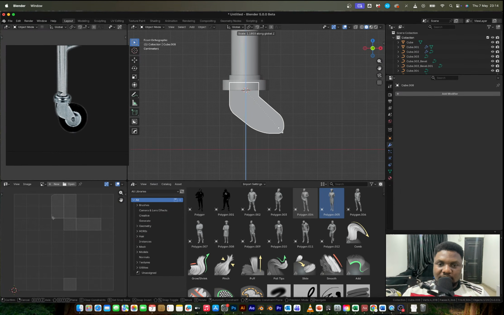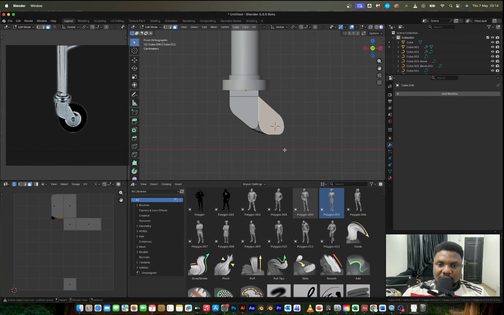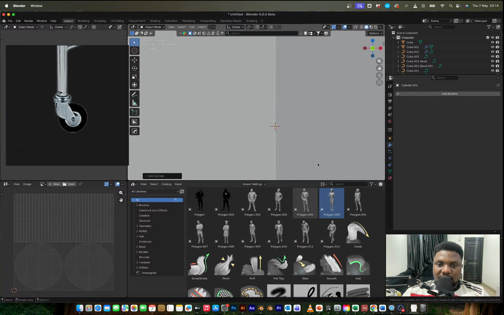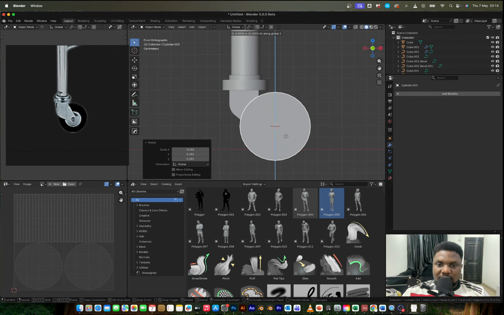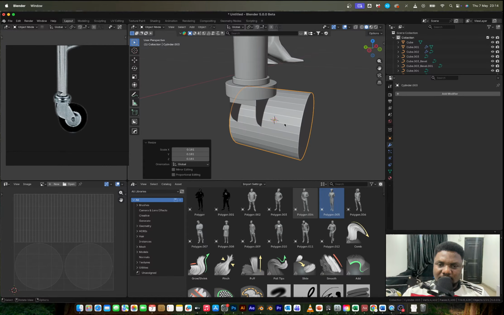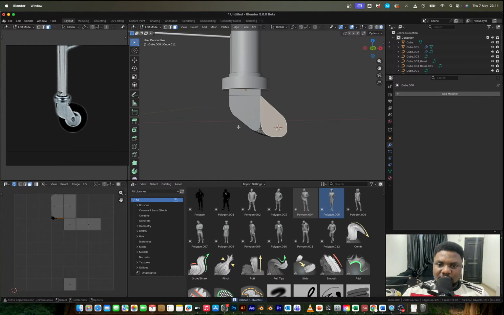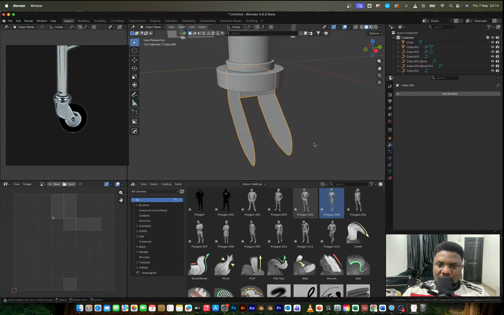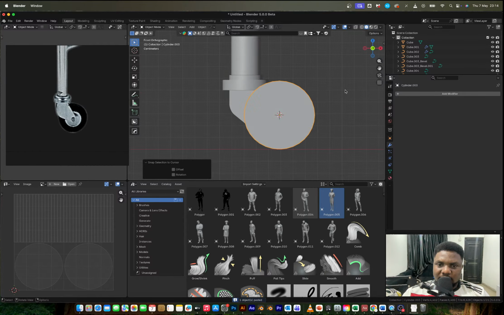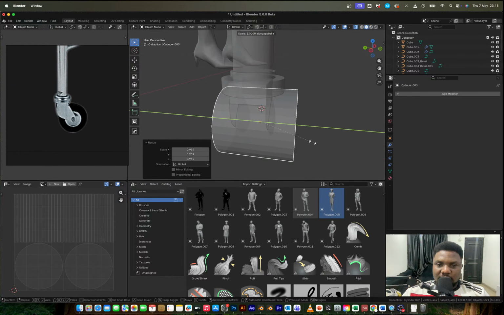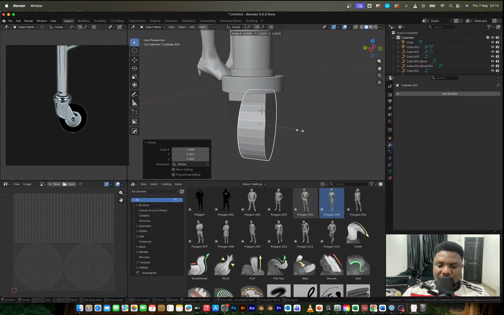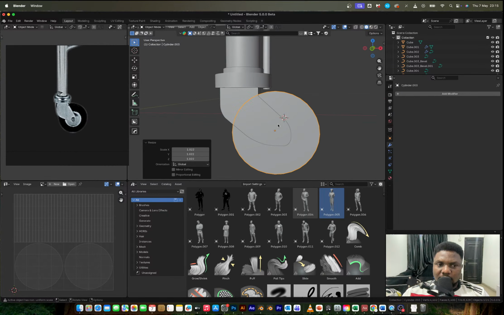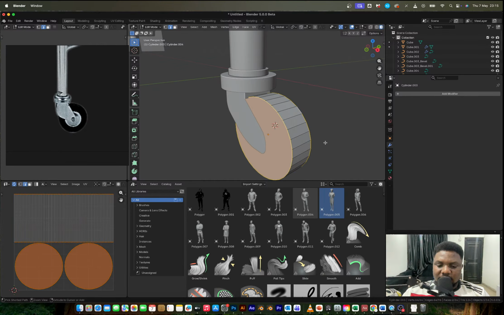Let's see first. I'm going to A Z. I'm going to bring cursor to this point, and then I'm going to bring in a cylinder. Frame, bring this down. Am I going to GX? No, I'm going to leave it here actually. I'm going to copy that, delete. You see this thing that we have here, I want this to be in between both actually. Yeah. Fill, bring this to this point, and then we're going to G, scale down, SY, scale that down, SY. So that's cool. Right there, I'll scale up and then I would apply that scale, select these two edges and